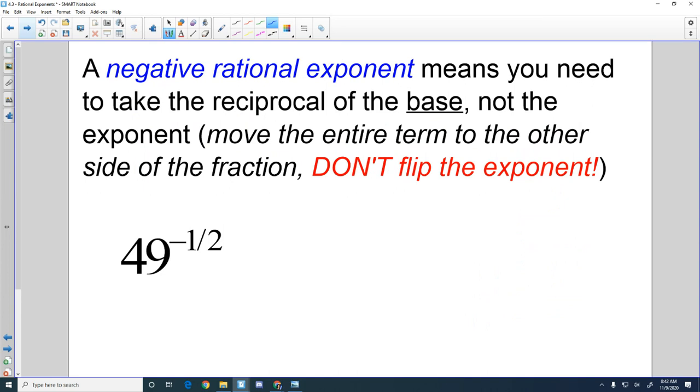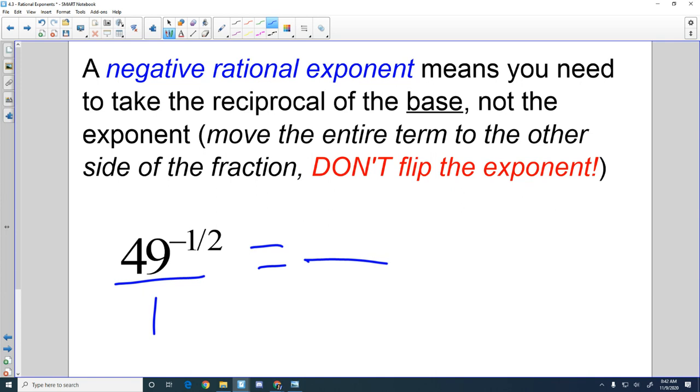All right, so I'm just throwing in some other special cases you might run into. You don't need to write this whole thing down. This is more just notes for you. Here I've got 49 to the negative 1/2. If you remember our exponent rules, we can't have negative exponents. So if we think of this as 49 to the negative 1/2 over 1, whenever you have a negative exponent, to get rid of that negative sign,